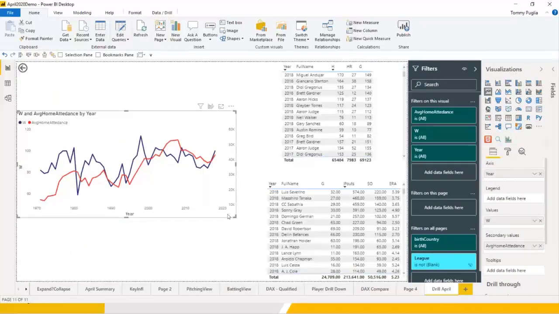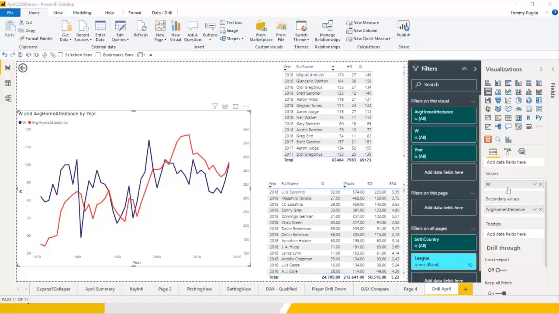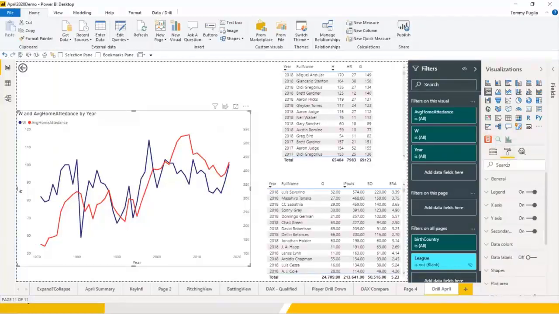Another thing that Power BI also included was dual axis line charts. This was one of the hurdles in terms of trying to visualize dual axis lines. Usually it was a combo chart, but now you can set up the values here. What we're looking at is by year, the wins and also the average home attendance, and again, we're looking at just the Yankees. So we can see going to the Y axis,